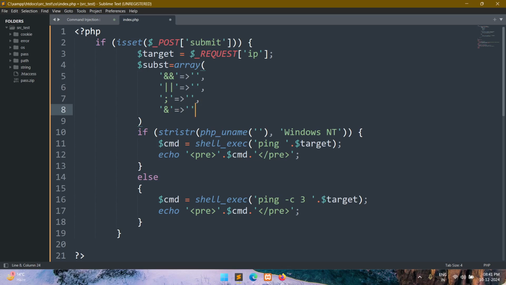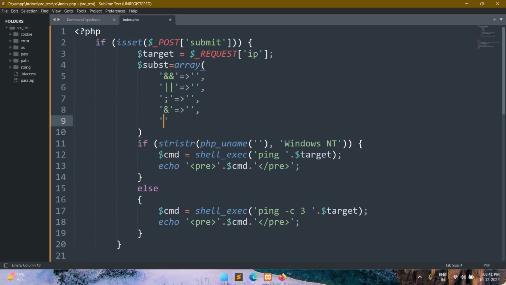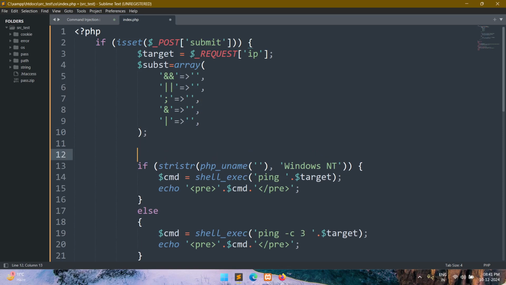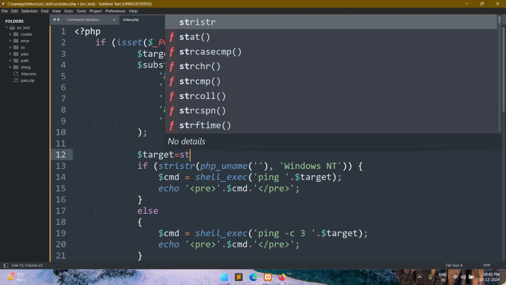Okay, we can create a list of all the characters, all the special characters, sorry. So you can use all the special characters if you want to use them, and then semicolon it. So now here we use the substitute array, and then the last is the target variable, because here we will take the target for the request IP. So in the target variable, I will overwrite with that string